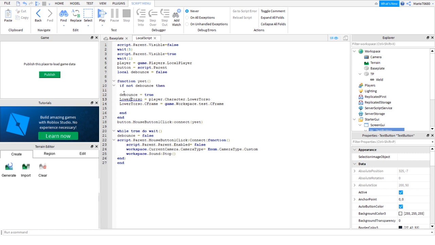And then it's setting its debounce to true. And then showing that the player's lower torso is the player's lower torso. It's kind of a way to shorten things out. That's what these variables are for. So instead of typing all of this, we may as well just type all of this. And then it's showing that the lower torso, .CFrame, which the CFrame is the main character's area,